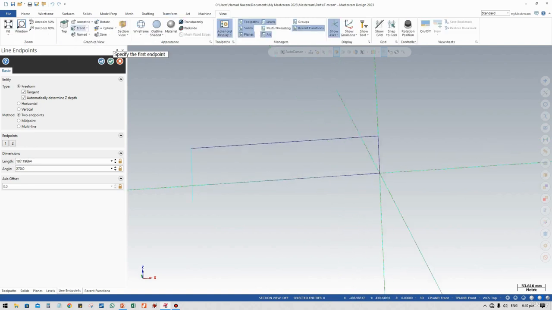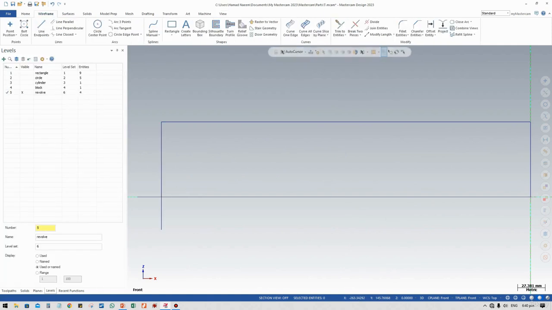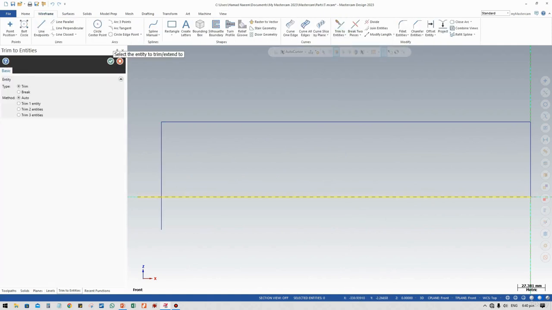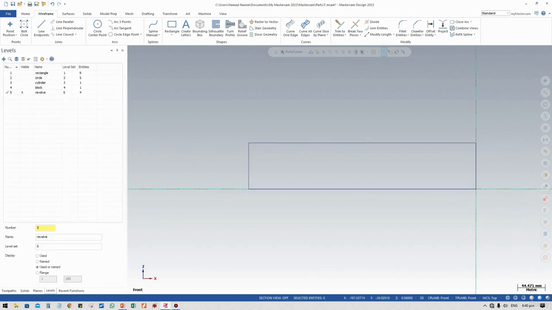Go to view. Okay, go to wireframe and go to trim command. Just make a simple trim command. So here we have this view, and we create a simple random profile here,